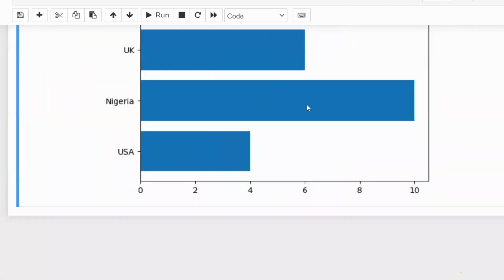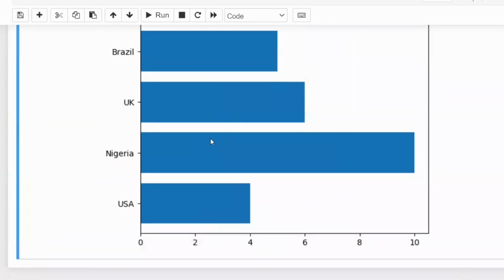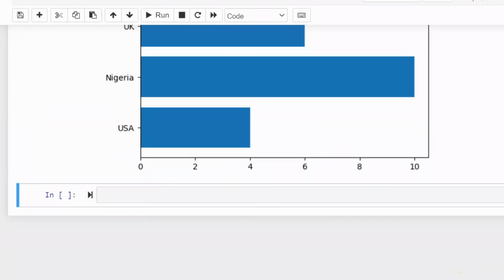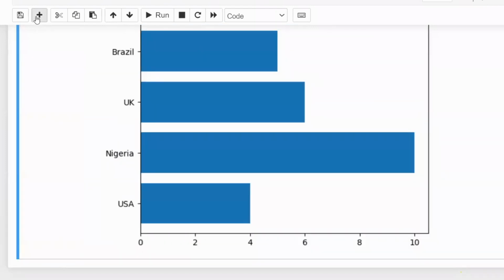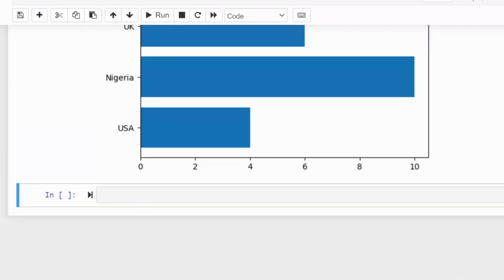So you could also plot with your data frame. Maybe in other examples we'll see how we plot with a data frame. Let's plot a histogram with Matplotlib. So let's just use some random distribution. Let's create our x again. So say x equals